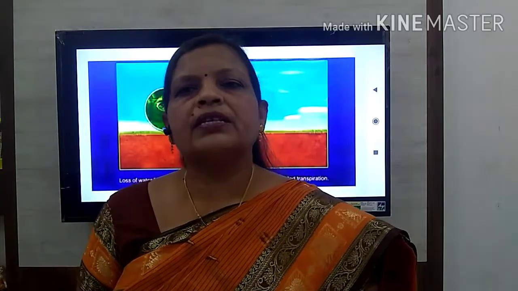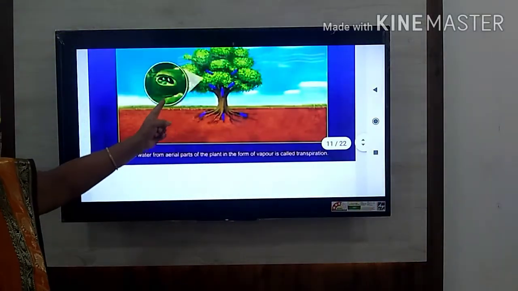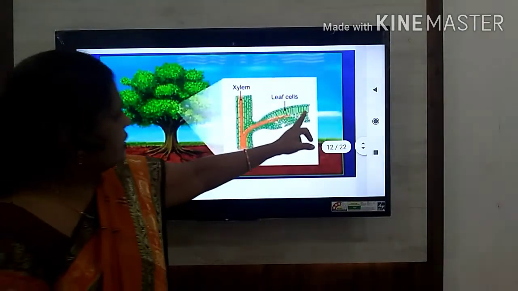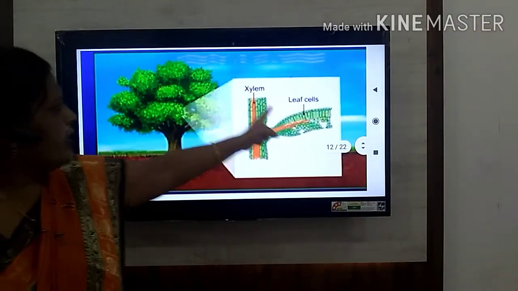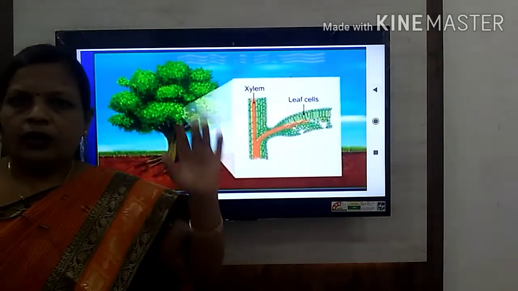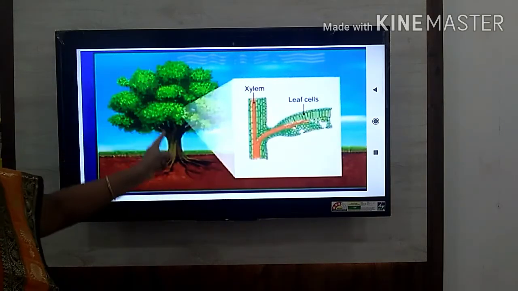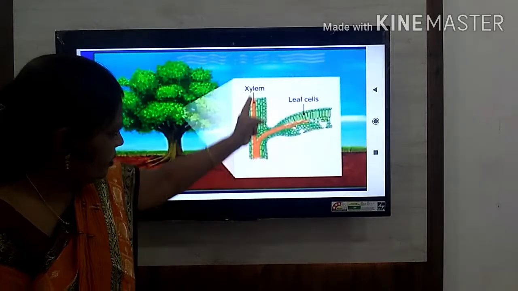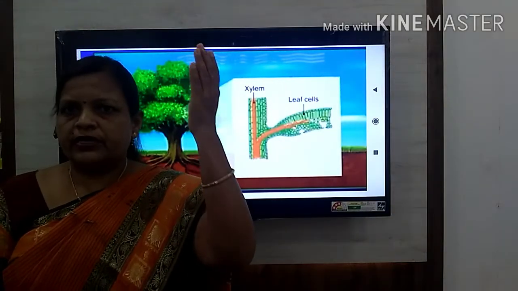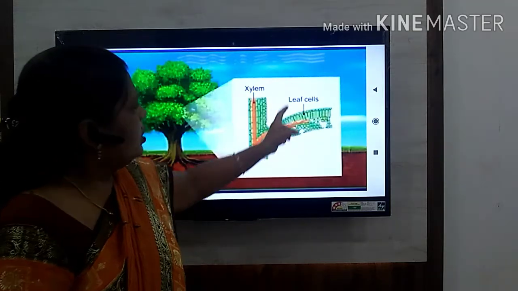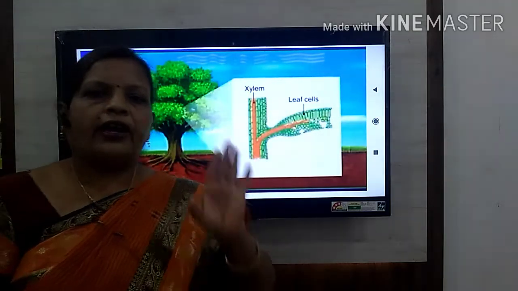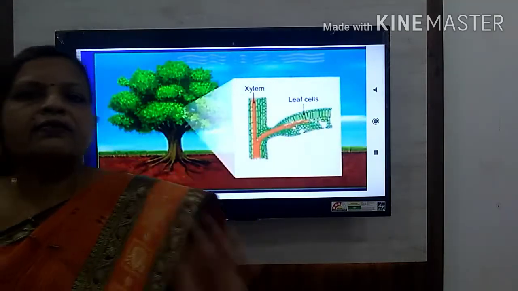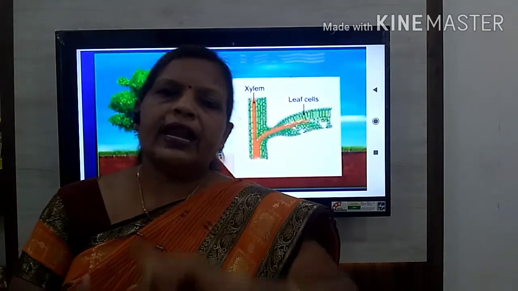As more and more water from the cells of the leaves gets evaporated, they can take water from the surrounding cells. In the next slide it is shown. This is the stomata. So this is the leaf part, here magnified from the leaf. These pictures we got from the internet. This is a big mango tree or banyan tree, and here the xylem tissue is continuous from the root to the stem region, and here these are the leaves. On the leaves, the stomata are present, and the stomata are made up of two types of cells: guard cell and subsidiary cell.